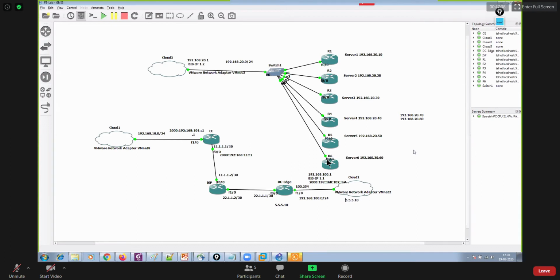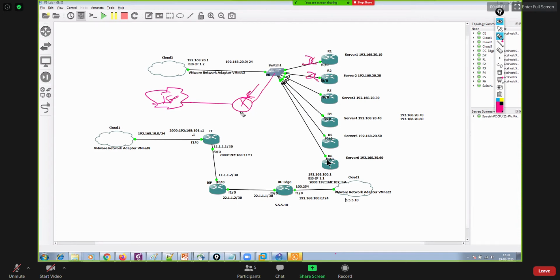One way of providing internet connectivity to your real servers would be to have a router connected to your switch, and then this router should be connected with an ISP. And there should be some firewalls in between to provide secure internet connectivity. So the default gateway for all these servers would be your internet router's IP, and over here you will be configuring NAT. That is fine, I don't have any issues with that. You can do that.